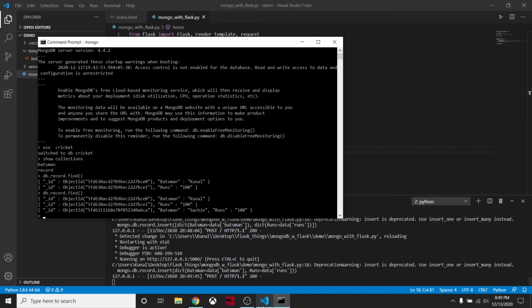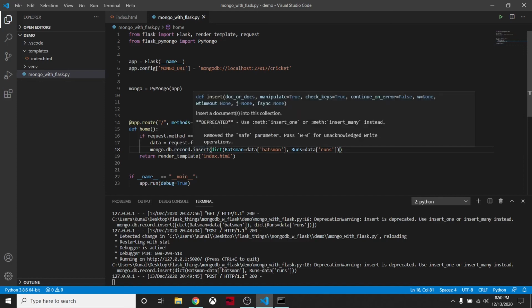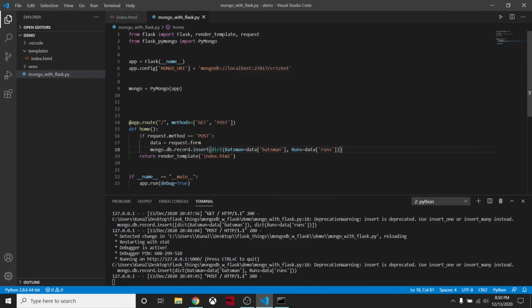So basically, what we were doing is we simply had to say database dot whatever the collection is, and then this insert, and in this insert we have to pass a simple Python dictionary. That's what we are passing here, and the database is connected to the application.